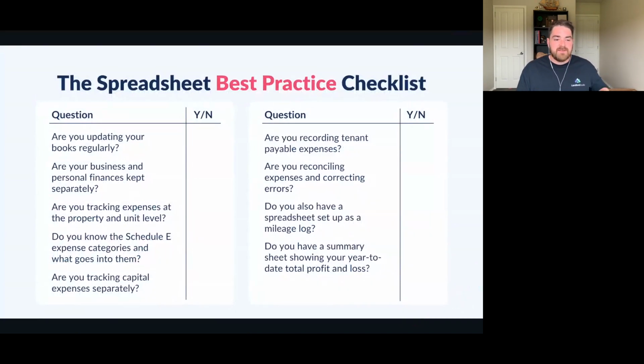So the best practice, so questions to ask yourself. Are you updating your books regularly? Are your business and personal finances kept separately? I mean, a really key insight or a best practice is simply just to separate your personal bank accounts from your property bank accounts. Keeps the statements completely separate, and it makes sure that you're only getting the expenses and